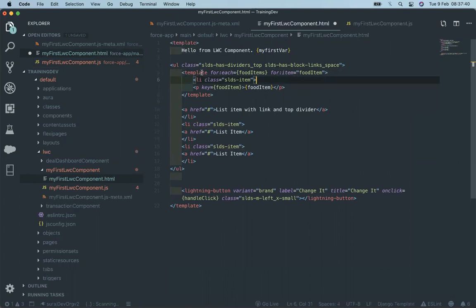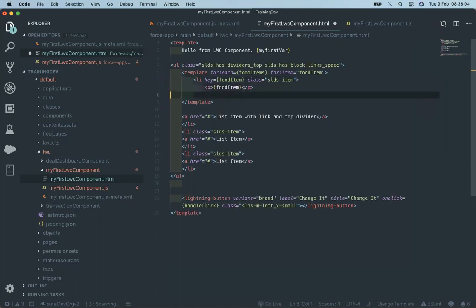Since this element is just after the template, we need to put the key up here, not here. And then it asks for the food item. And then close the tag, and remove all this code.